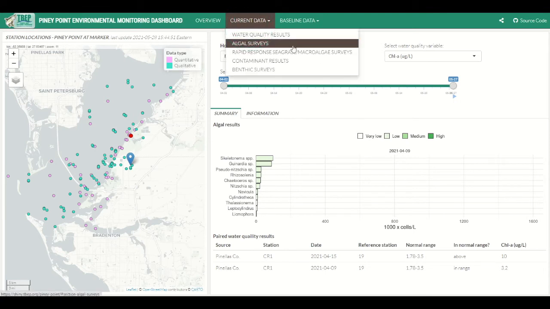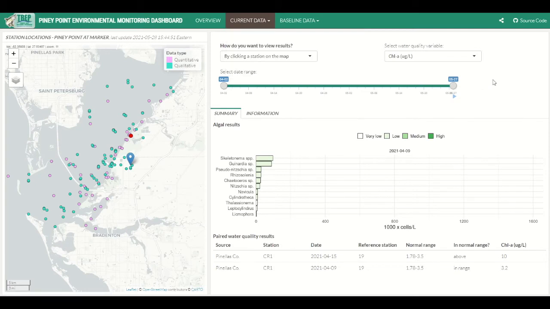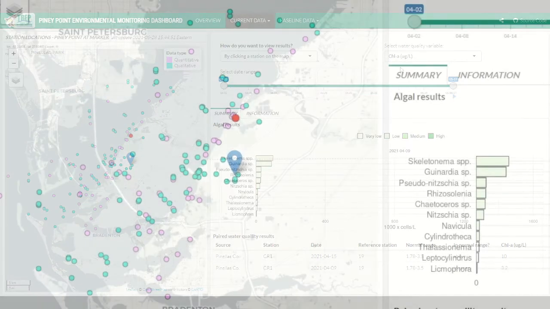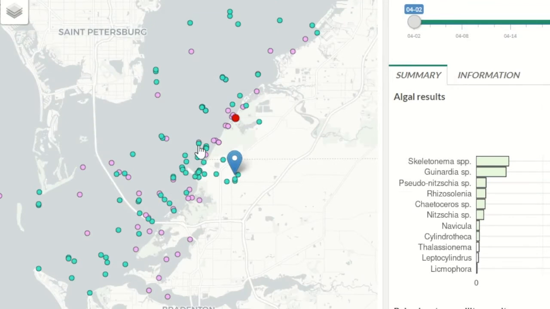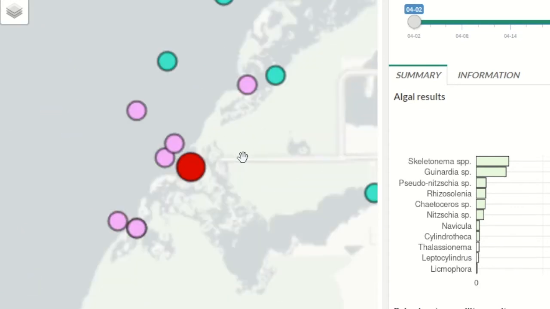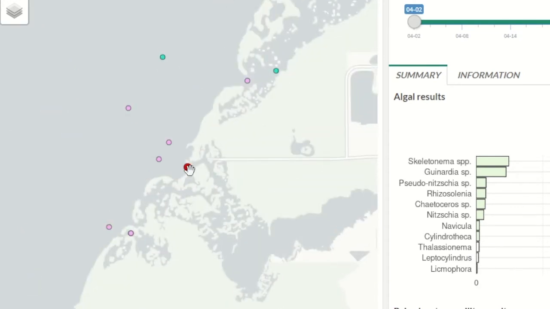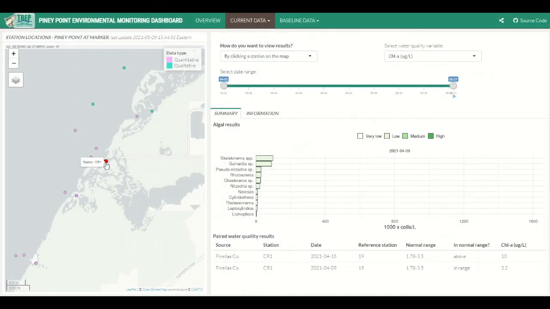The next tab is the algal surveys. These show data that were collected in and around Piney Point, looking at the species of phytoplankton that were observed immediately after and during the discharge event. So there are two ways to view the data on this tab. The first is to click a station on the map. Here now, station CR1 is clicked, and you'll get a bar plot showing the relative counts of the different species